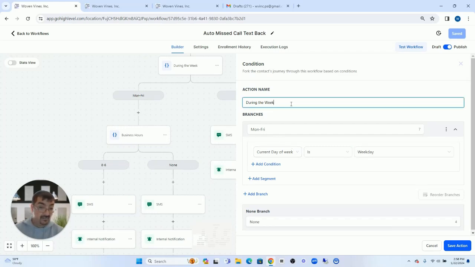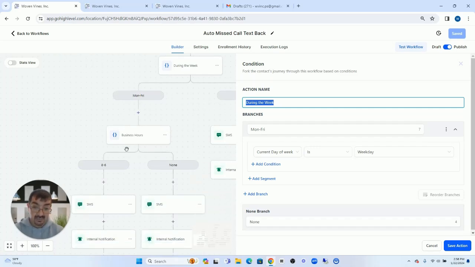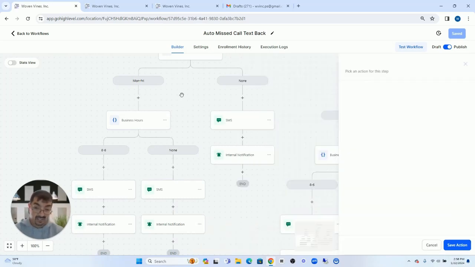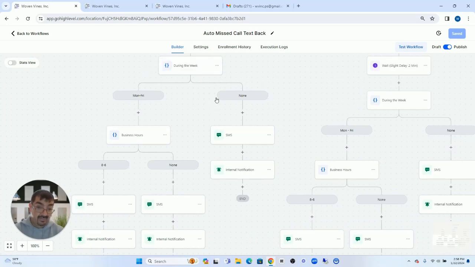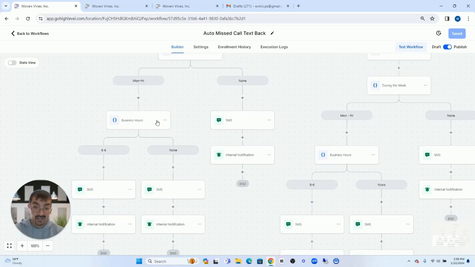So you have action name. That's during the week. So you have Monday through Friday, and then none. And then we're going to come down here and set up this next action as well. So during the week, Monday through Friday, current day of the week is weekday. Save action. Okay. And then what we're going to do is under the Monday through Friday, we want to go